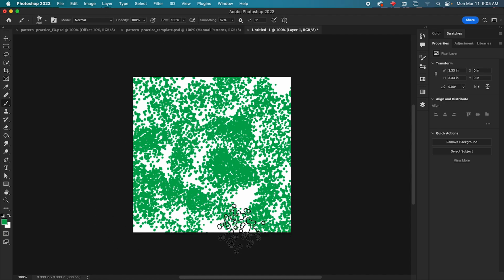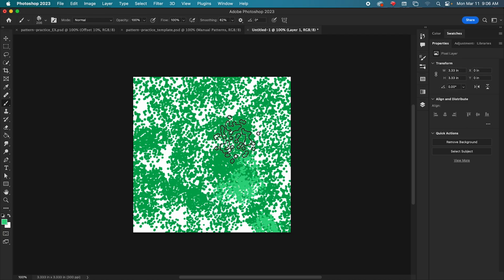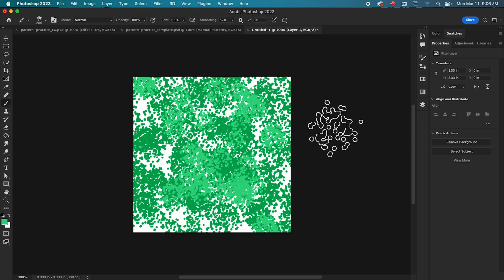Okay, and I'm just going to kind of make a pattern there. Maybe I'll come in with some other colors. You can spend a lot longer than I did on this. I'm just showing you a simple example.